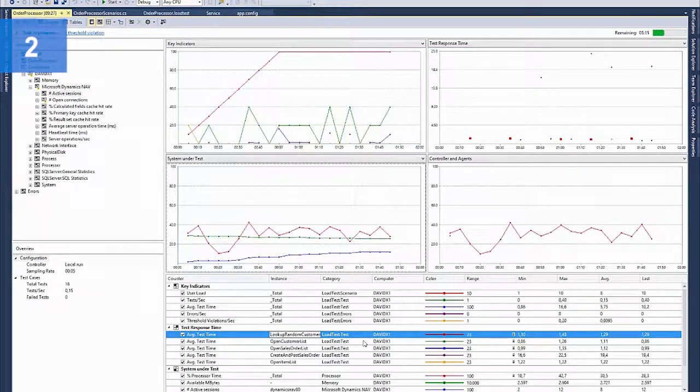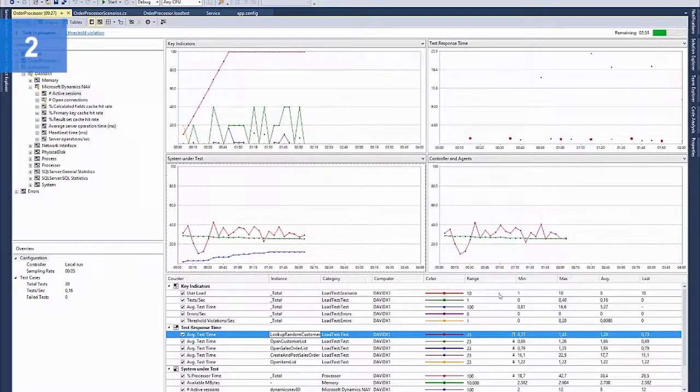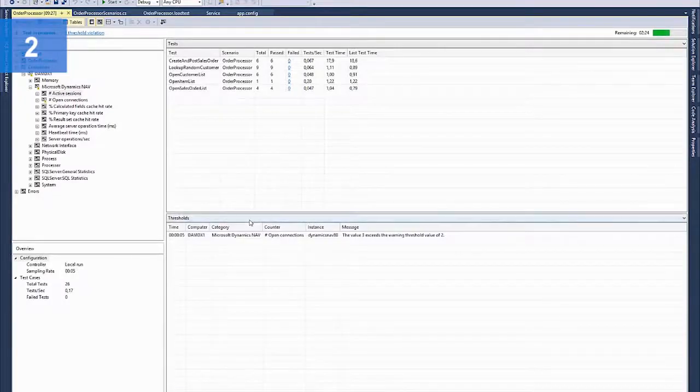So you can see the average times for each test, which are shown in seconds. So here we can see the lookup random customer test is taking an average of 1.2 seconds. The results are not yet aggregated for the whole test, so they're showing the results up until now. So let's have a look at the tables view, which is here, and we can